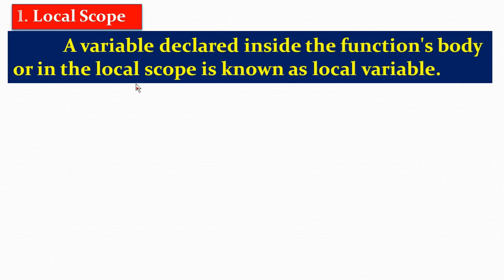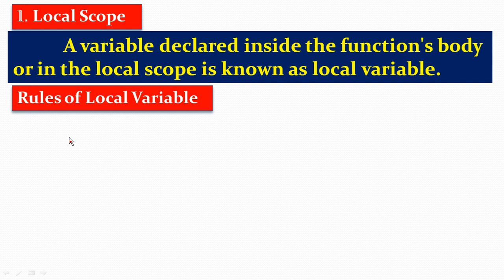First we are going to see the local scope. What is local scope? When a variable is declared inside the function's body, it is known as a local variable. Any variable x or y inside a function, for example a function named sum, subtract, LOC, etc., is called local to that function. When we define that variable outside the function, the variable is in the global scope.